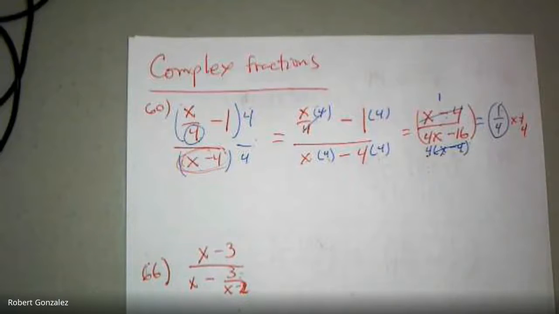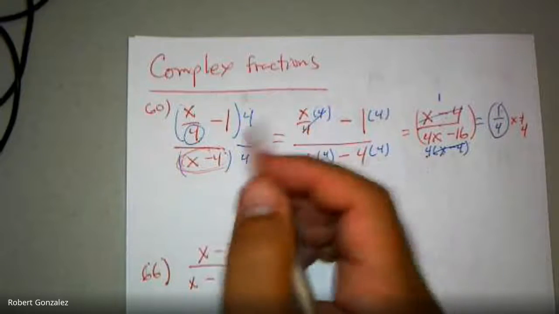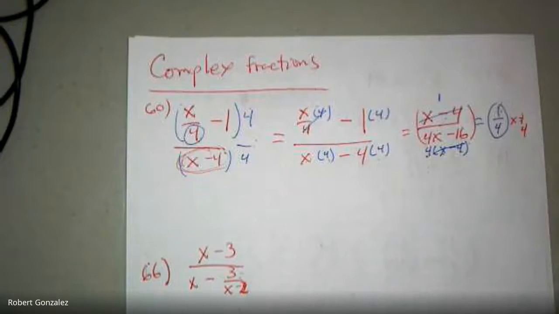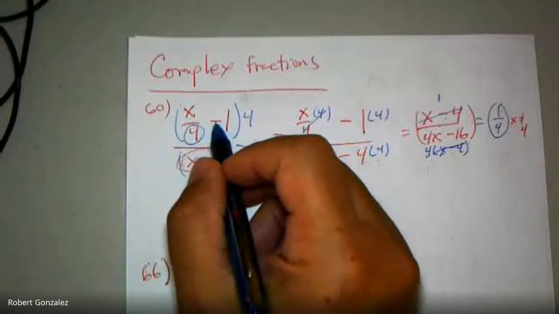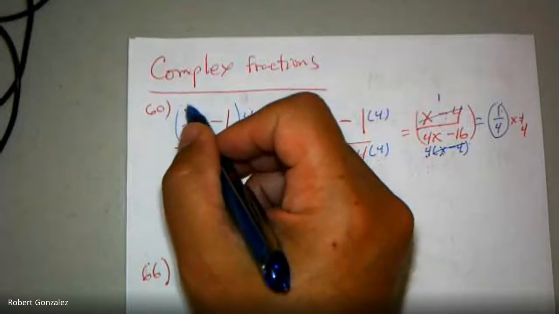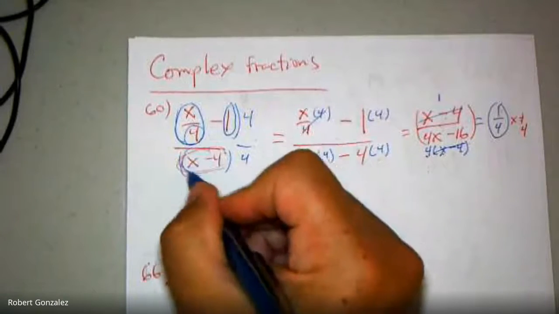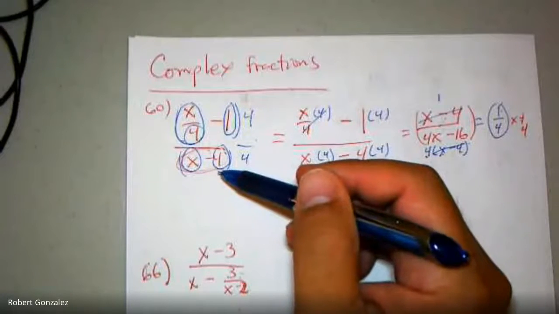Okay, question? Okay, I get that. So why did you use the 4 instead of the x minus 4? Because that's like the common denominator right here. Yeah, like at the beginning. Yeah. Okay, because you have to think about relatively what the terms are. So if I have fraction minus 1, then here's the level that I'm looking at. I'm looking at this term, this term, this term, and this term. Those are my 4 terms that I'm looking for